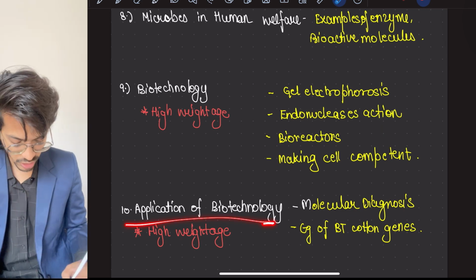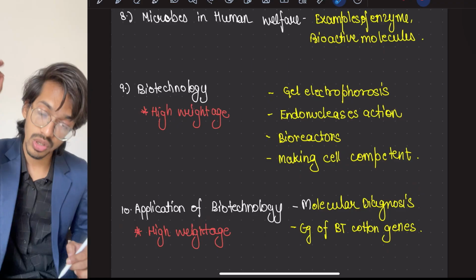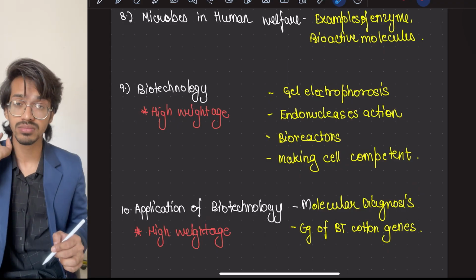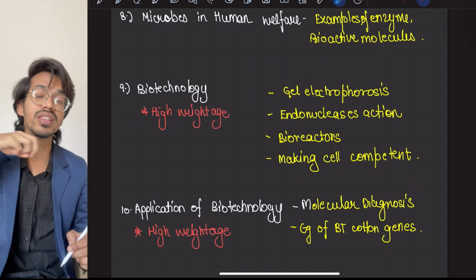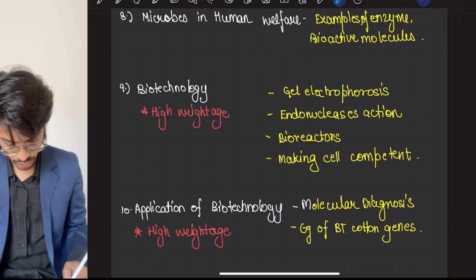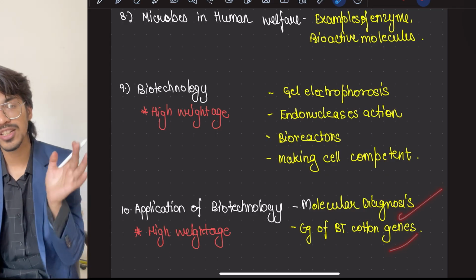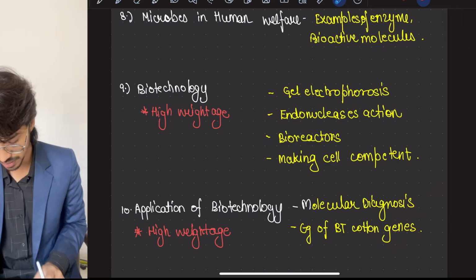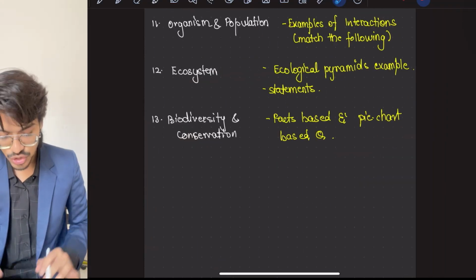Then applications of biotechnology, a molecular diagnosis question will definitely come from here. Statements, 3 diagnoses are given, they give the statement and confuse the students. So that you have to do. An example of Bt cotton genes, match the following can come to you. And comes the last unit of your